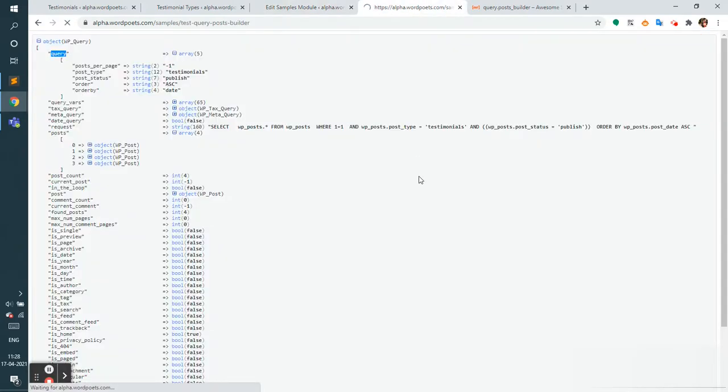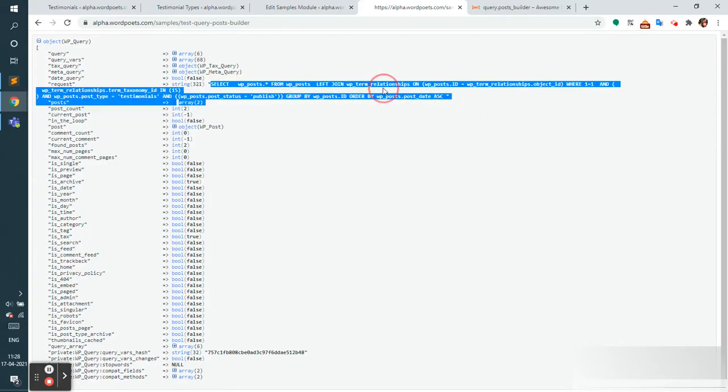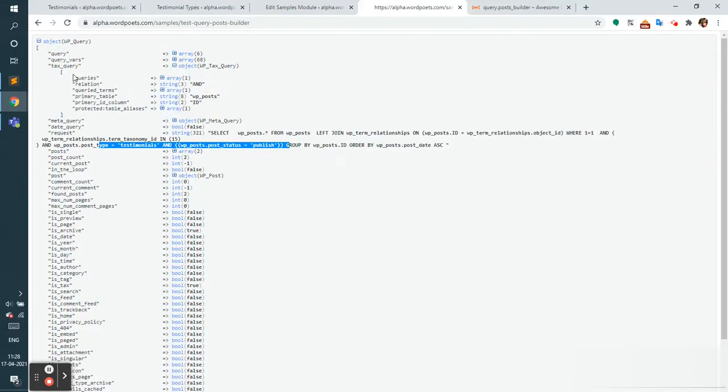Let's see. Here, as you can see, this query has been changed. Now here is a relationship between the taxonomy, and that particular taxonomy ID is 15 and the slug is test-1. All else in the query will be the same, and you can check the tax query in the tax_query parameter.